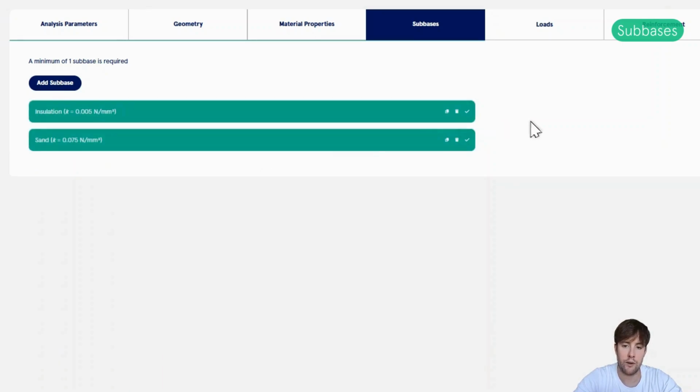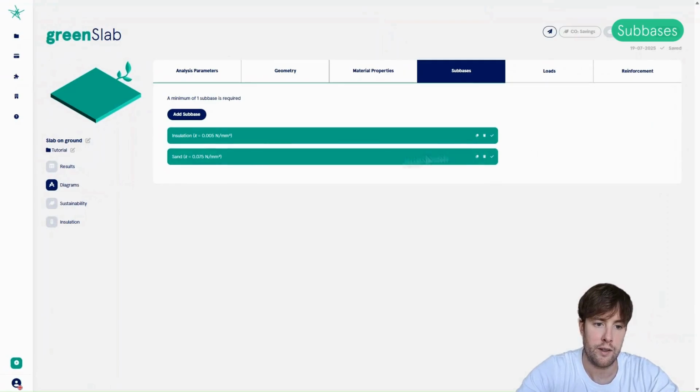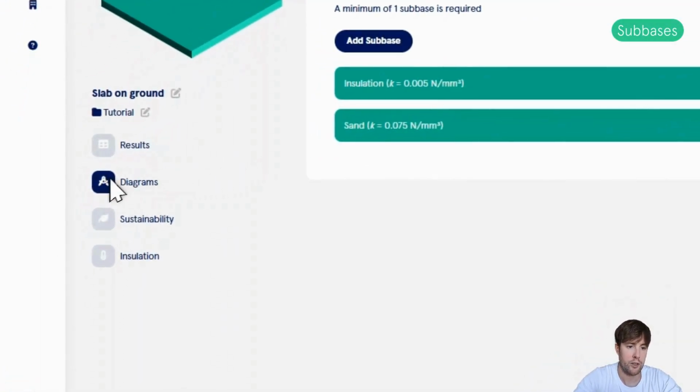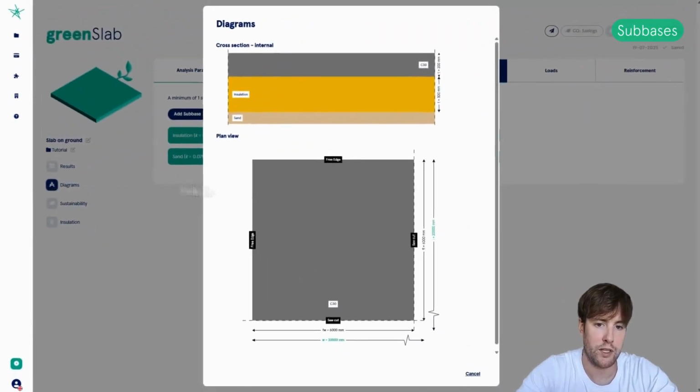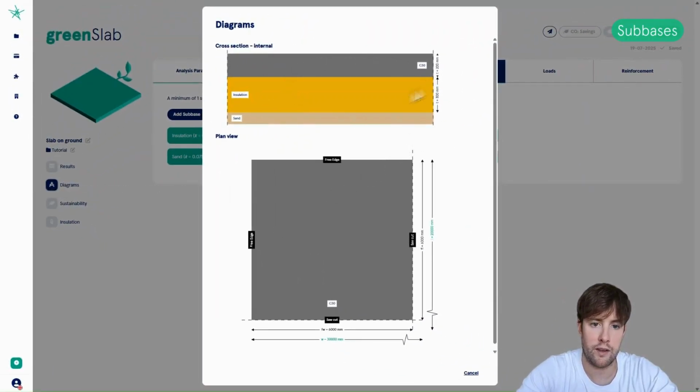All right, and now we have tick marks in both accordions, and they're both green. And now actually pressing the diagrams, which is always available, you will now see that the cross section here is starting to take shape with the thickness of the slab, the concrete quality, and the 2 layers of subbases.